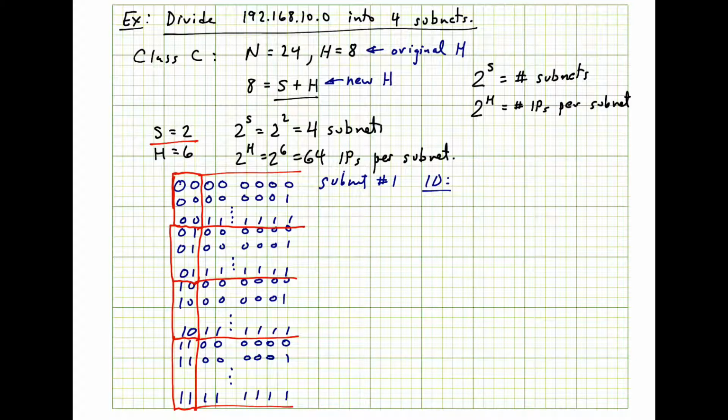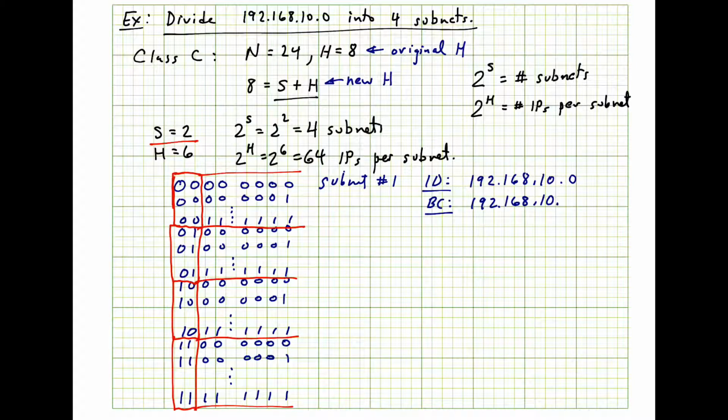Okay, so I'll go ahead and write 192.168.10.0. That is the first address in this subnet. The last address in the subnet has all 1s in the H bits. But because this is the first subnet, the first 2 bits are still 0. And so I've got to look at this binary number and use that as the broadcast address for that subnet number 1,